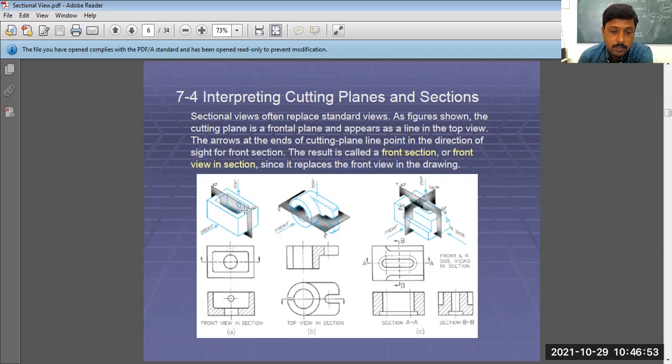But in this case, there is a small drilling or bore in the last end part, the bottom part, which is not visible in the front view and also not in the top view. Front view and top view are unable to show the internal structure, which is a drilled hole in the bottom part of this component.